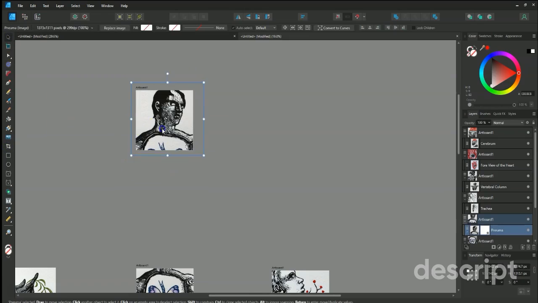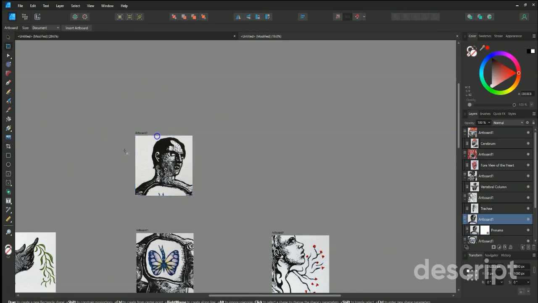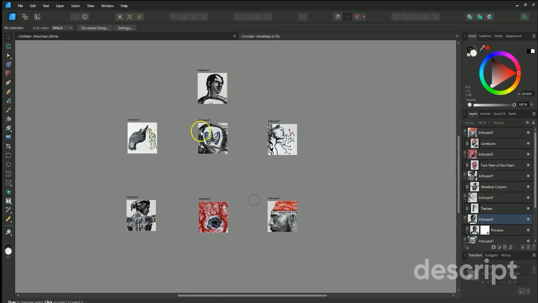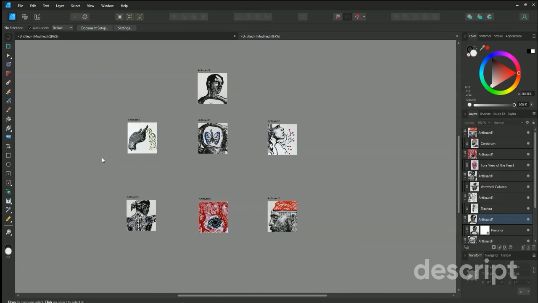So again, pretty simple, not a hard thing to do at all. You just got to manage which tools you're using to select things. So just for the sake of showing that function, I will leave that there. And so next thing is I'm going to export them all